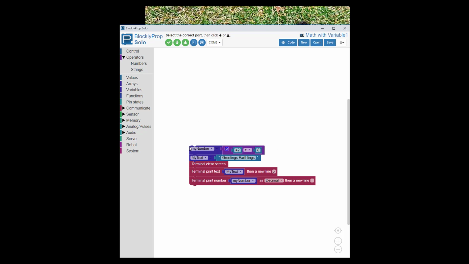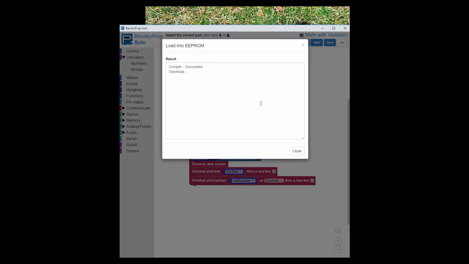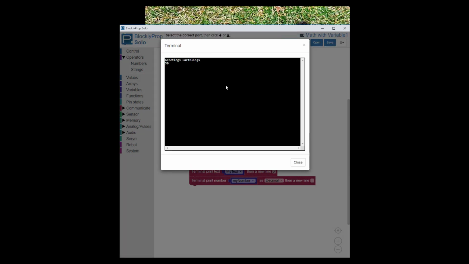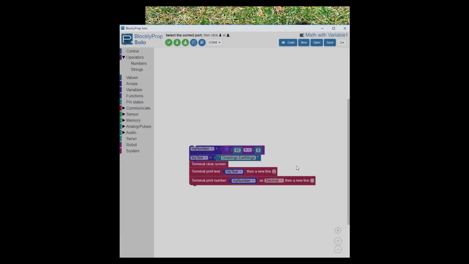Okay, so now I'm going to take 42 plus 8, and it should print out as my number. My text is not going to change, and if I want to change the functions, we have a whole list of different functions here. So let's run it. Now we have greetings earthlings 50, which is the correct answer. So let's go ahead and go to the